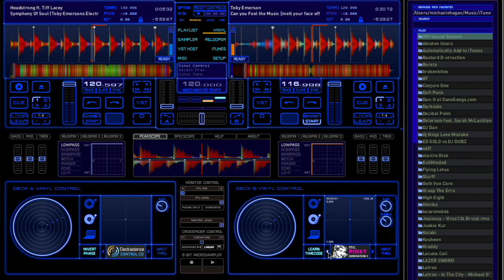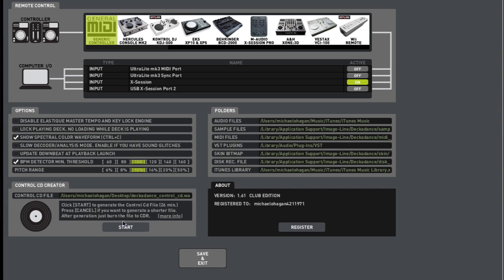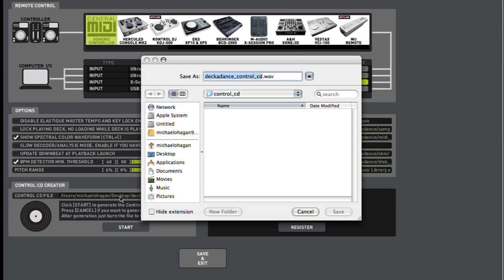You've got some nice open-ended usability with Deckadance here. It's compatible with pretty much any timecode or vinyl CD timecode that is available out there. So this is basically how you set it up. This is how you use it. Now we're going to show you how to create the waveform file itself. What you do there is go to your Setup tab here, come over here, select your Control CD file destination location,